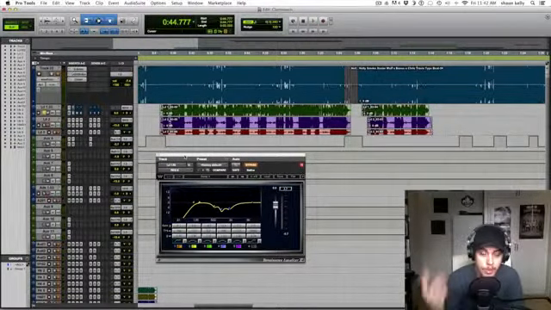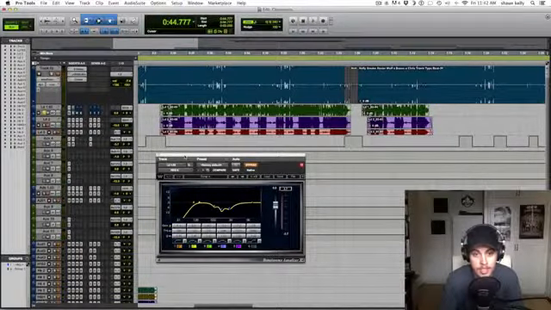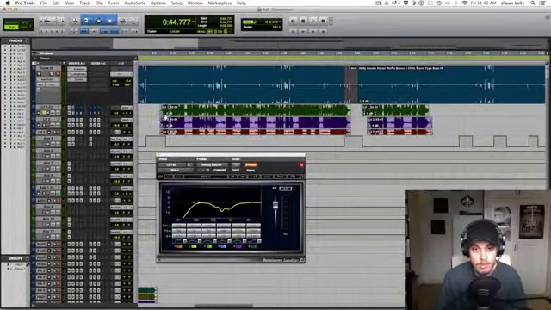Is there room noise? Is there something going on? Are they standing back further from the mic? So all those things come into play when EQing a vocal. Now this one had some